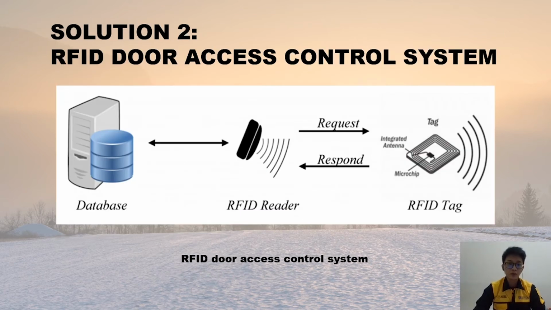For solution 2, the RFID door access control system, as we know, the staff and students of UTHM have their ID card, or we can say matric card, so the biometric information is electronically stored in the matric cards. The card RFID readers will emit radio waves to detect the information in the matric card, decode it into signals, and send it to the server, so it can recognize whether to grant or deny the